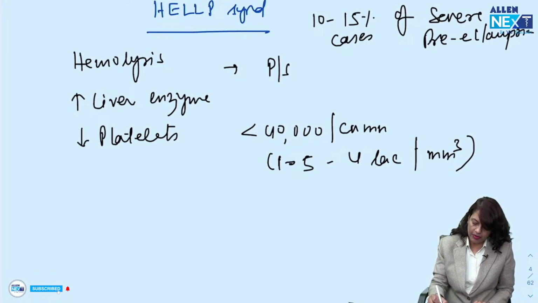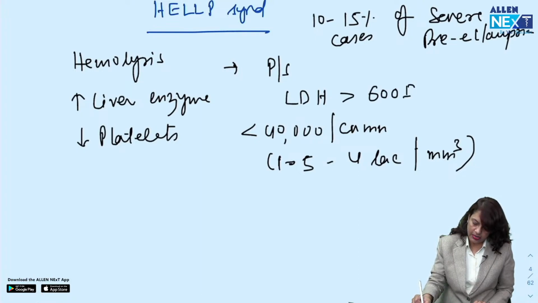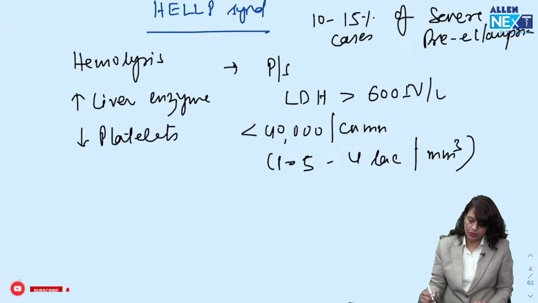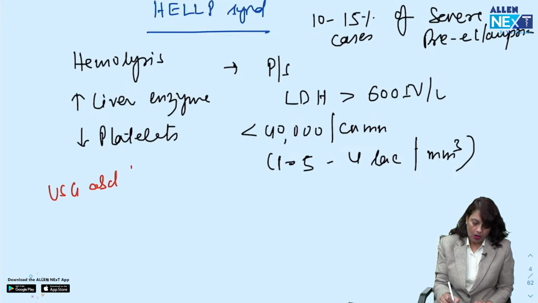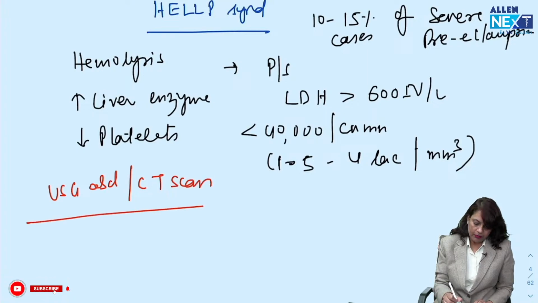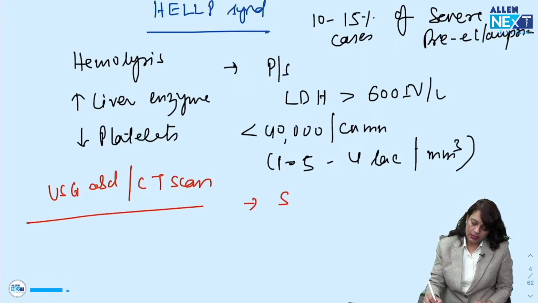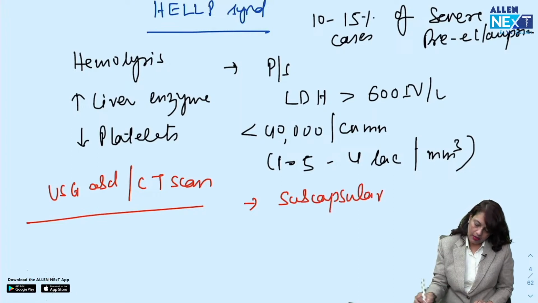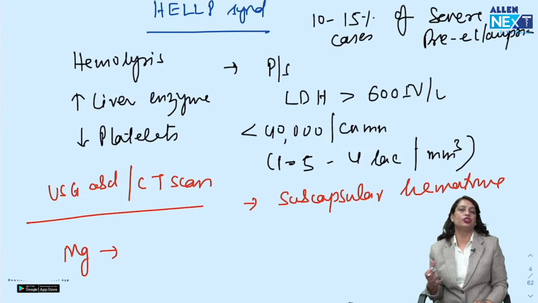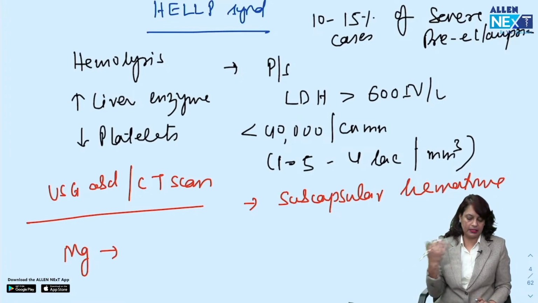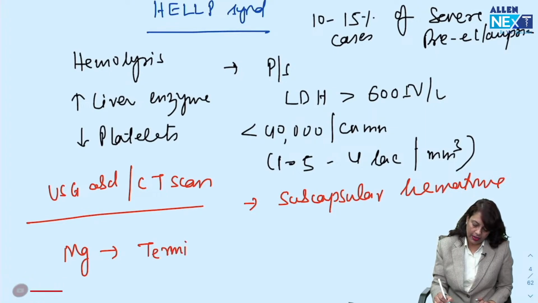Liver enzymes are elevated, especially the LDH, which is more than 500 or 600 international units per liter. Peripheral smear shows hemolysis. So this is HELLP syndrome. Ultrasound abdomen or CT scan should be done for the diagnosis, and it shows subcapsular hematoma. In rare cases, there can be liver rupture. So here the management, after you manage the platelet transfusion, if the platelets are going down, management is always